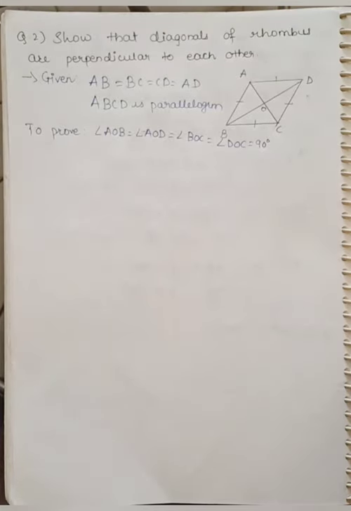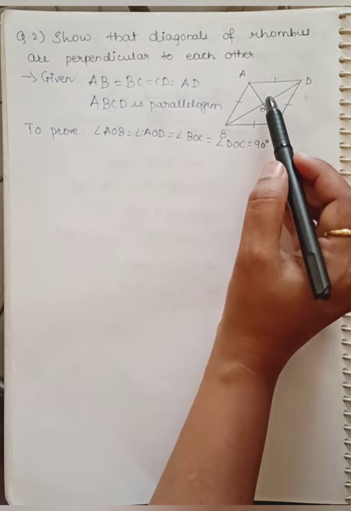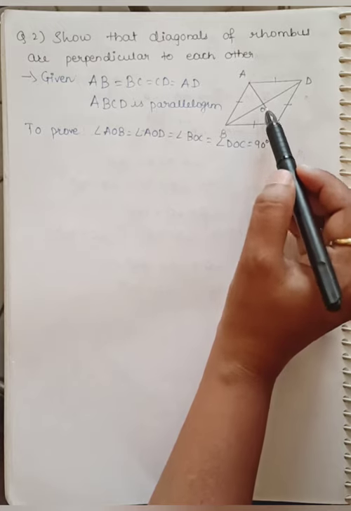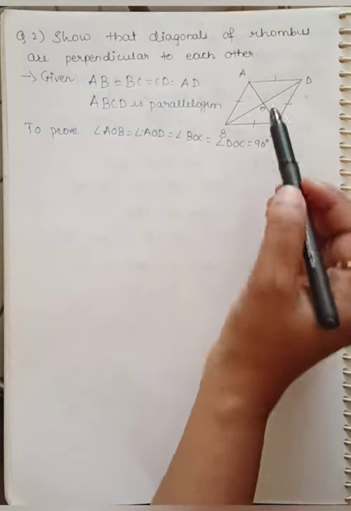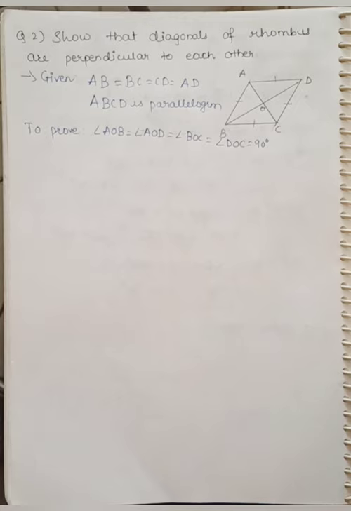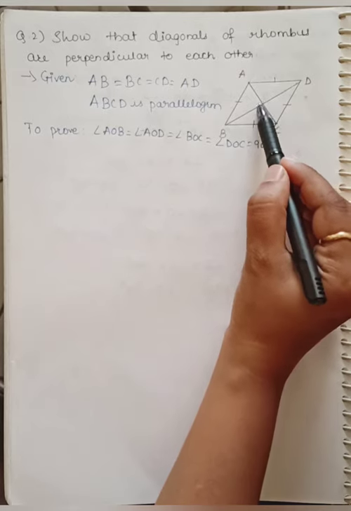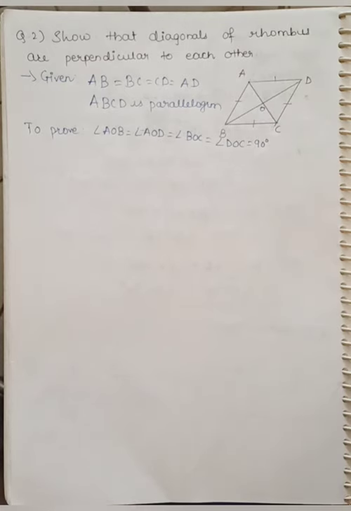and everything is equal to 90 degree. Okay, so now if I have to show the angles as 90 degree, will it work if I consider these two triangles and show them as congruent? Yes, if you show these two triangles as congruent, then you will not get any relation between the angles. Like I know that these two angles will be equal, but how will I verify whether the two angles are equal to 90 degree? Isn't it? That cannot be verified. That can be done only if I prove these two angles are equal to one another, and then I can prove them as 90 degree because both are the angles forming the linear pair. So if they are equal, then the individual angles will be of 90 degree, isn't it?